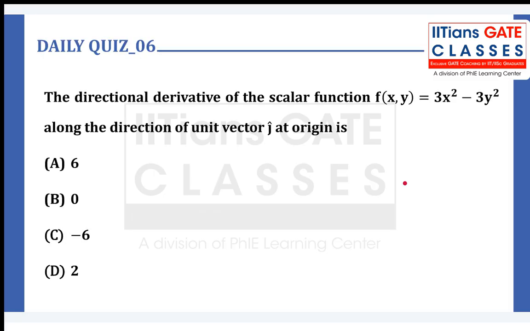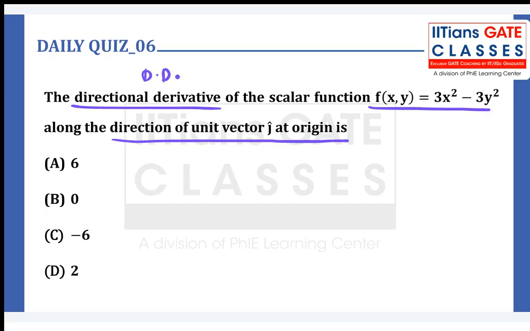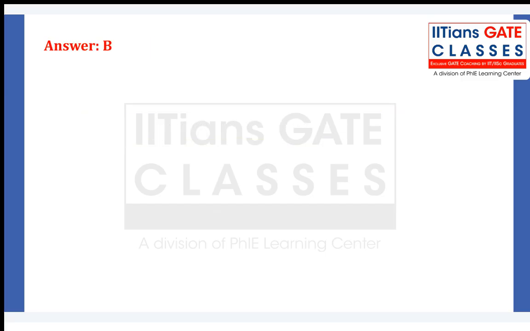Again, this is also a very frequently asked question, of directional derivative. Typically, they will give you one scalar function and one direction also will be given. In this question, the direction is along unit vector j, and you are supposed to evaluate this directional derivative at a certain point. So it's a standard question, and the standard way of solving this is, let's call this dd, directional derivative. So directional derivative of this function f(x, y) at origin, which is 0 comma 0,